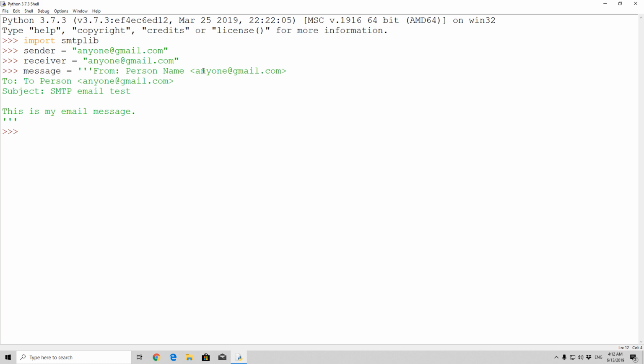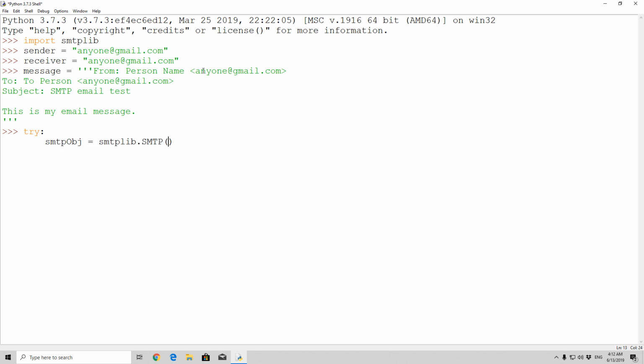Okay, so we defined 3 different variables. One of them stores the sender email, the second one stores the receiver email, and the third one is the message that we are about to send. All we are left to do right now is create the SMTP object and then send the email using the sendMail function. So let us try to do that using the try and except rule. Press here try. Let us create the SMTP object first. So SMTP object equals